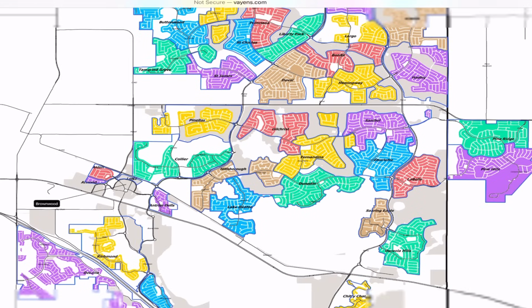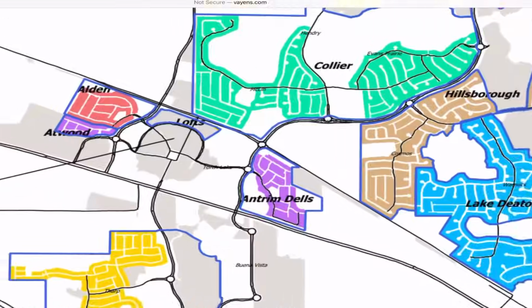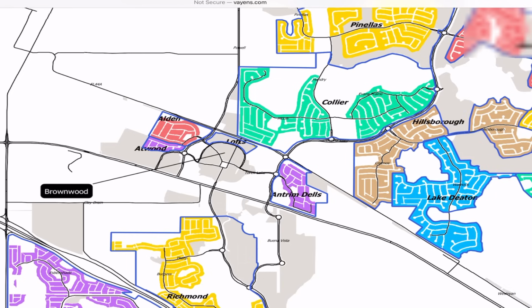So when we talk about villages, or you ask where's a good place, it's 99% impossible for somebody to say, this is the place, don't go anywhere. It's just not like that. Now, as you go down towards Brownwood, this is where Brownwood Square is,